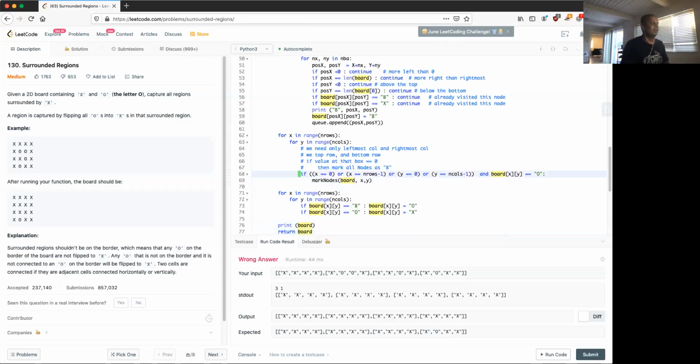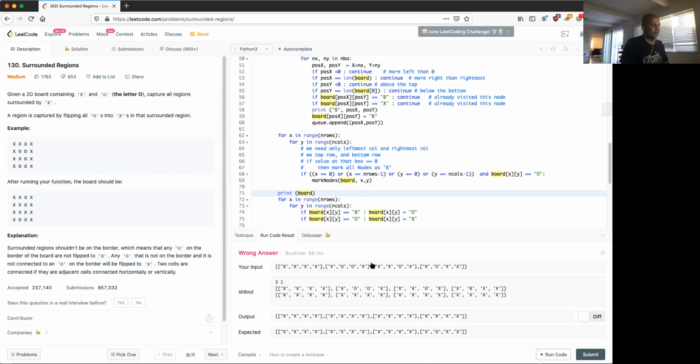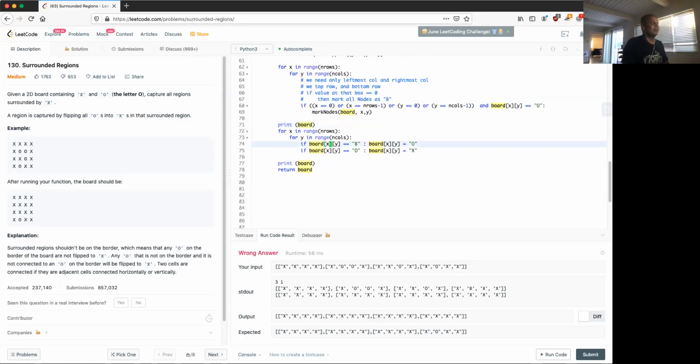If I don't even mark it here, let's say, on board. Okay, this kind of makes sense. This makes sense. So what is the problem here then? It says if board of x equal to B, make it a 0. If board of